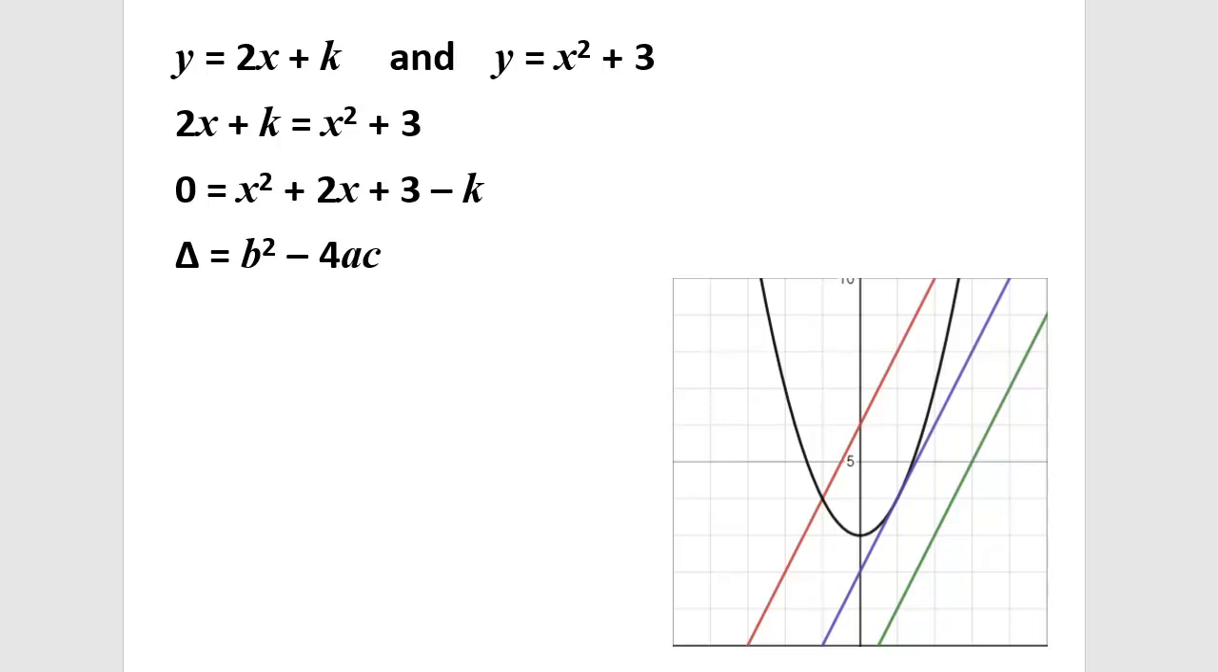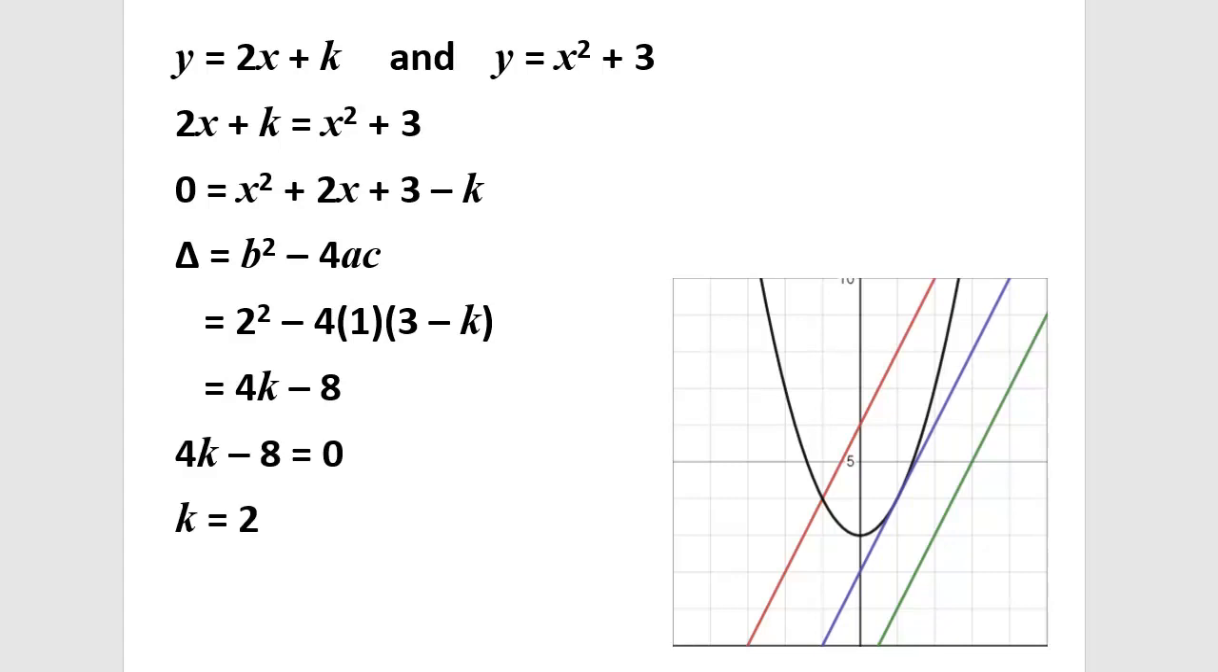So in this case, we take the discriminant: the coefficient in front of the x, which is our b, squared, minus 4 times the coefficient in front of the x squared, and then the constant c is all of 3 minus k, so it gets substituted in brackets. We expand very carefully, and then if we want, say, the purple line, which is our tangent, the discriminant is equal to 0. That solves to k equals 2,